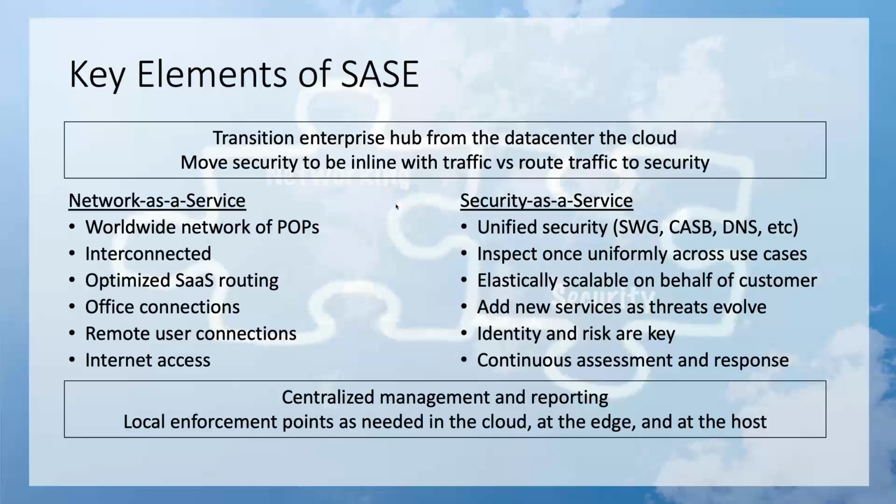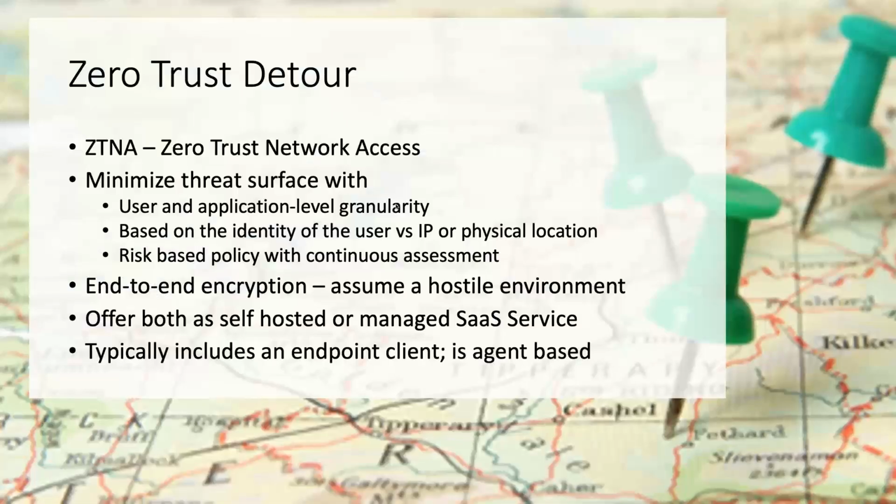So I want to take a little bit of a detour here and talk about something. You hear zero trust a lot, right? You hear it in the context of SASE, and especially this idea of ZTNA, zero trust network access, and it's a really important concept, right? Because it overlays onto all these concepts that we've talked about already, and think about it as, again, zero trust. So think with a deny by default sort of policy.